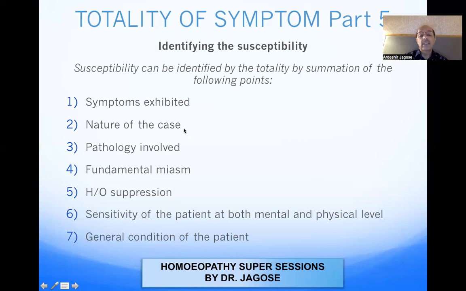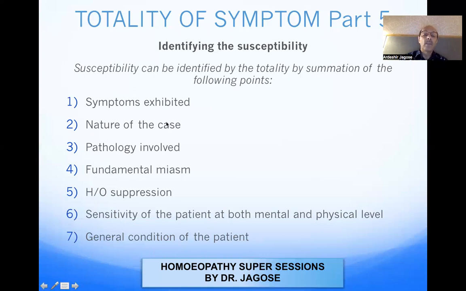Then nature of the case, that is according to the Hahnemannian classification of the disease. Is it an acute case, chronic case, and so on. So just for your understanding, suppose we say it is an acute case. Generally speaking, in an acute case, susceptibility will be high because the symptoms are characteristic. And in a chronic case, again generally speaking, the susceptibility is low, or the symptoms are common, indicating the susceptibility